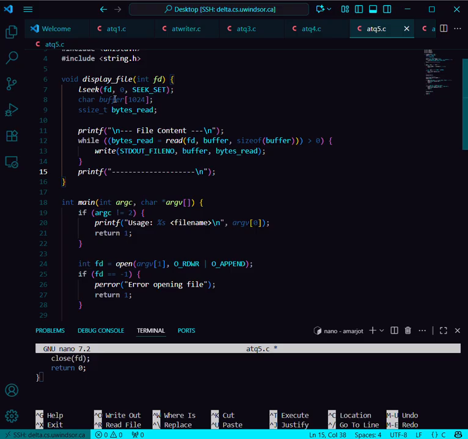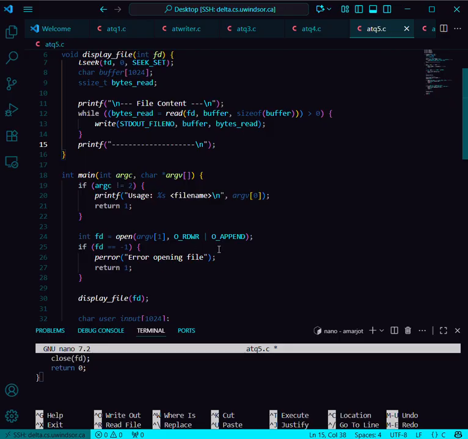In displayFile, I use lseek to rewind to the beginning of the file, position 0 from SEEK_SET. I read the file in 1024 byte chunks for efficiency and write directly to standard output using STDOUT_FILENO. In the main function, I open the file with O_RDWR